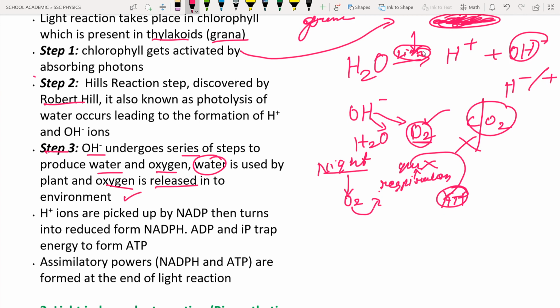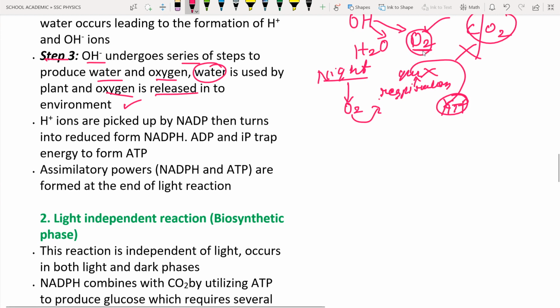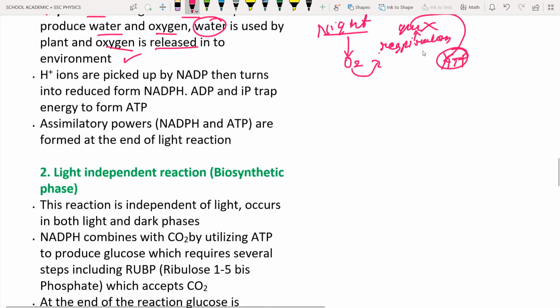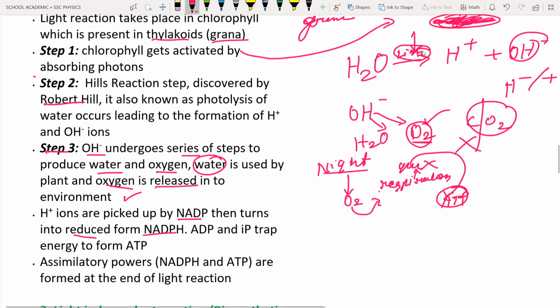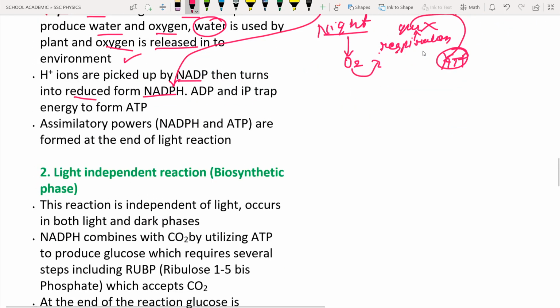And next is the H plus. Okay, H plus ions are picked up by NADP, nicotinamide adenine dinucleotide phosphate. If you are unable to write or learn the spelling, it is present in the textbook, you can see it clearly. In NADP, these ions are reduced into the form of NADPH. Just now we have seen in the light reaction the H plus ions that are obtained. So these H plus ions are utilized for the reduction of NADP. If H plus ions are utilized, what will happen? NADP gets reduced into the NADPH form.